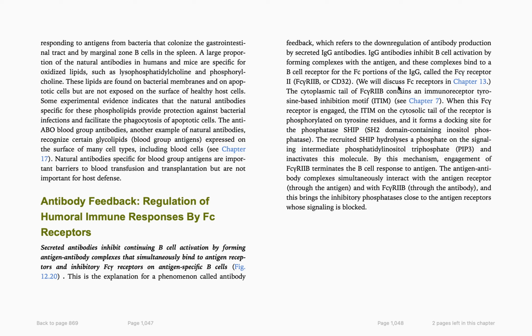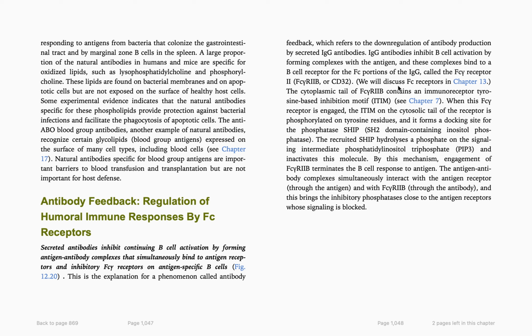So here the feedback is very important. That's the mechanism of understanding even many other things. That antibody feedback regulation of humoral immune response by Fc receptor. A secreted antibody inhibits continuing B cell activation by forming antigen-antibody complexes that simultaneously bind to antigen receptor and inhibit Fc gamma receptor on antigen-specific B cell. This explains the phenomenon called antibody feedback, which refers to the downregulation of antibody production by secreted